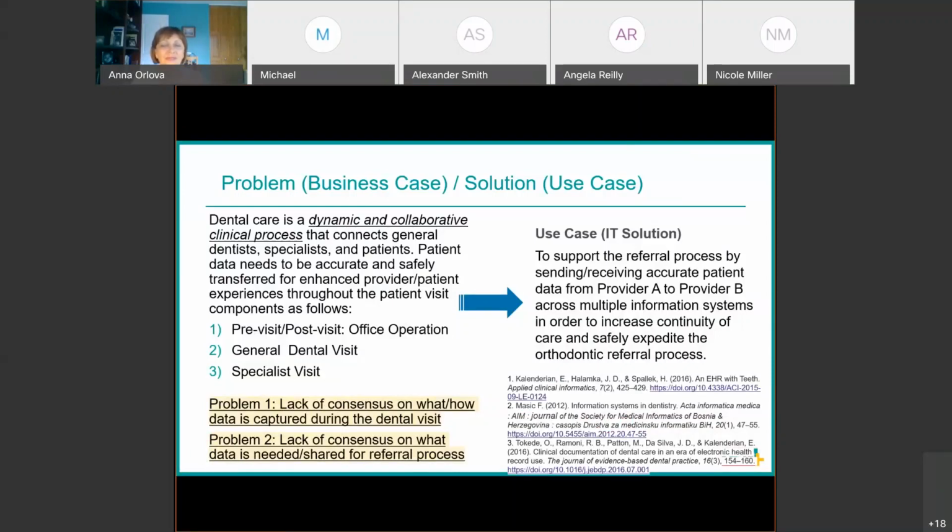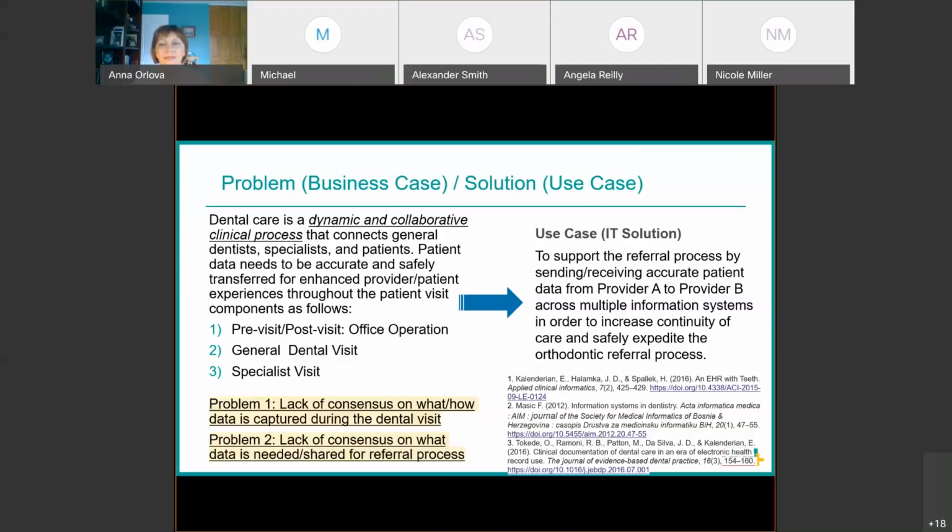And so we identified three specific areas in the patient visit scenario: the office operation, the general dentist visit, and then the specialist visit. And so two problems were identified. The first was what and how data is captured during the dental visit with the general practitioner. And then the second problem was a lack of consensus on what data is needed and shared for the referral